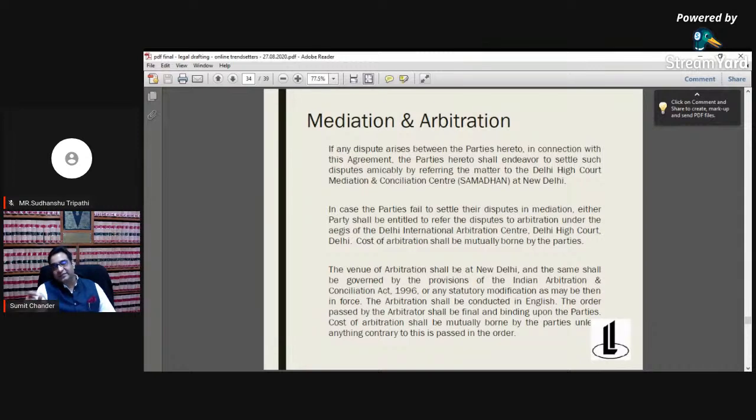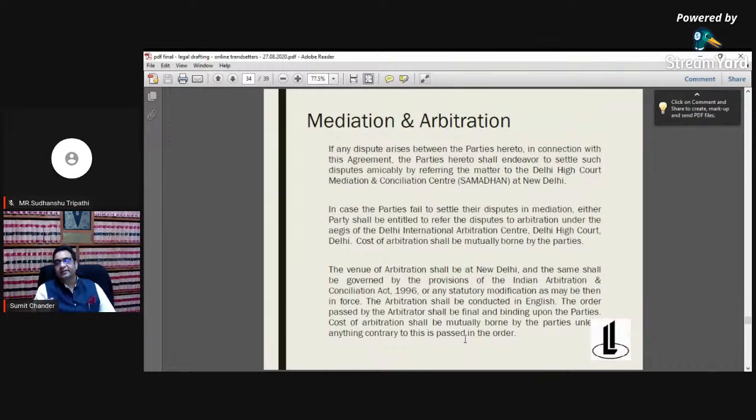So you've also specified it will go to arbitration before whom? It may be an individual arbitrator, it may be an institution like the Delhi International Arbitration Centre. Now, once you mention these two facts, you must mention where that arbitration will take place and what will be